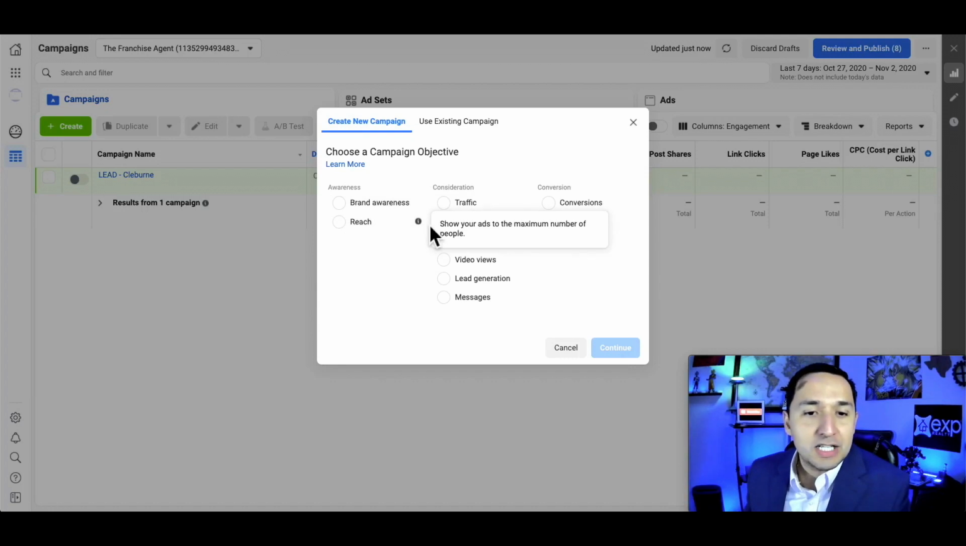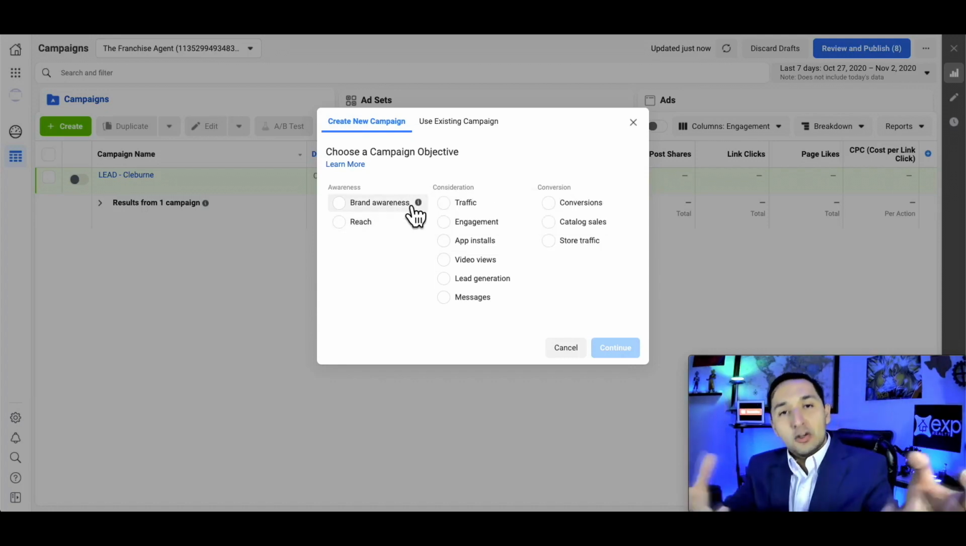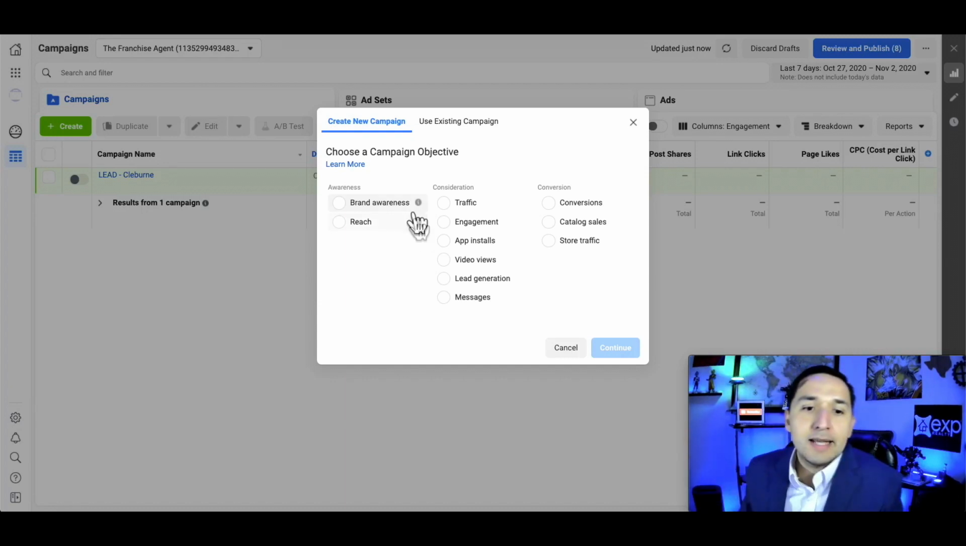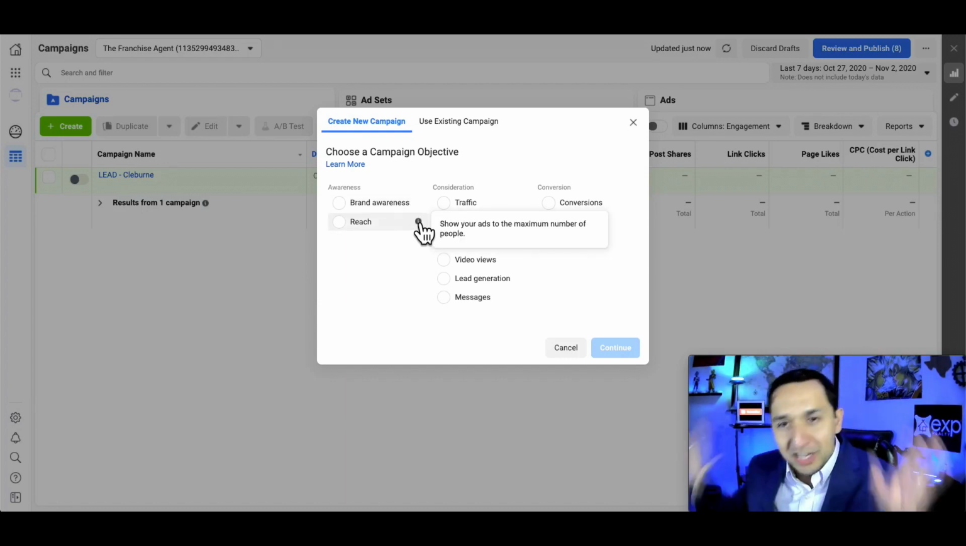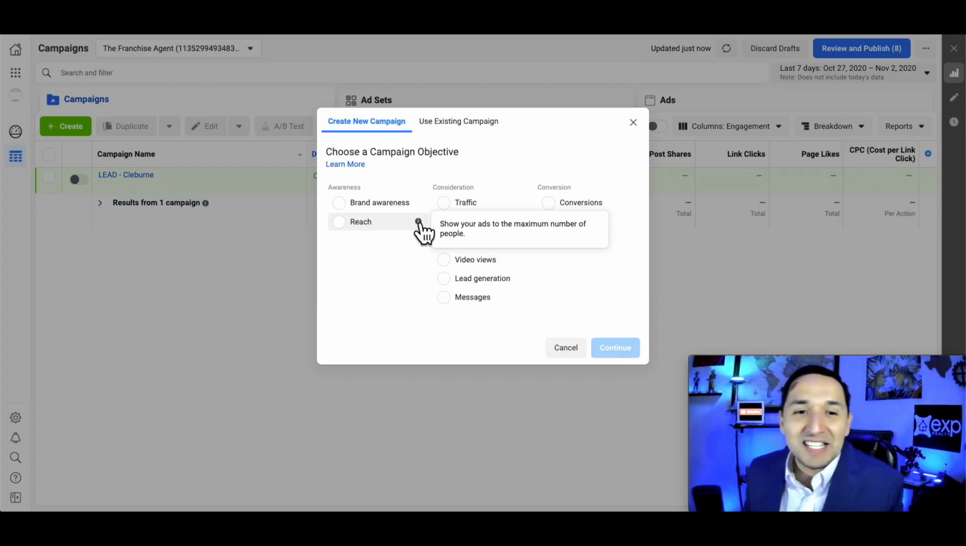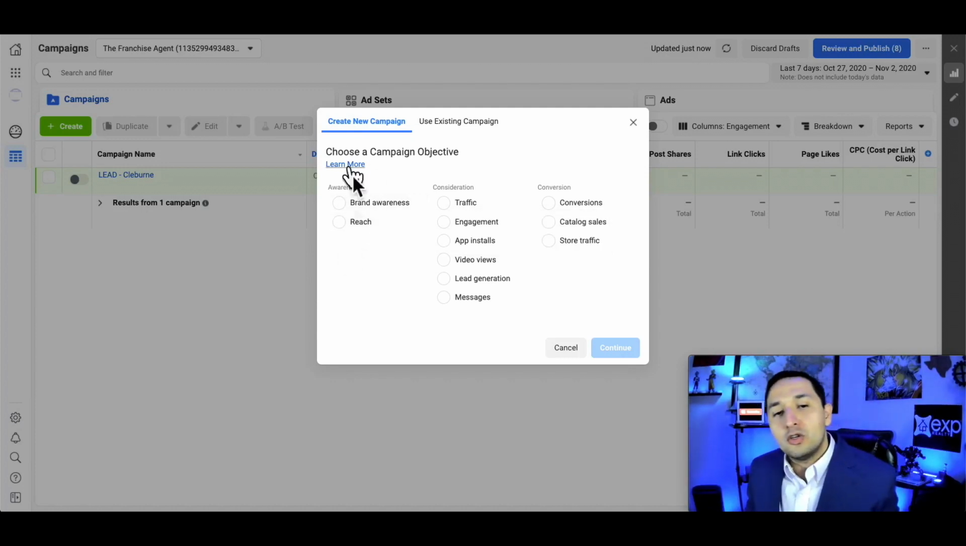And then reach, it's just going to go out there and show to the maximum number of people. So here, you're trying to increase brand adoption, brand awareness, and then here, you don't give a flip. You're just sending it out there to the masses. So this is awareness, and this is a good type of campaign to run whenever you're trying to just get